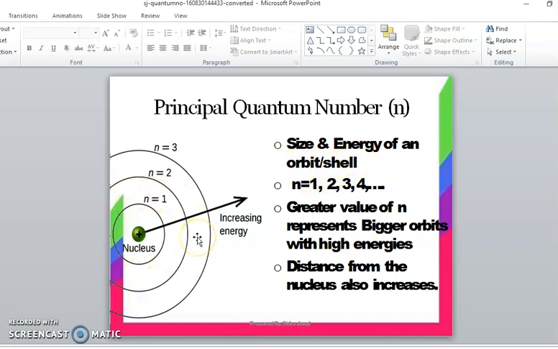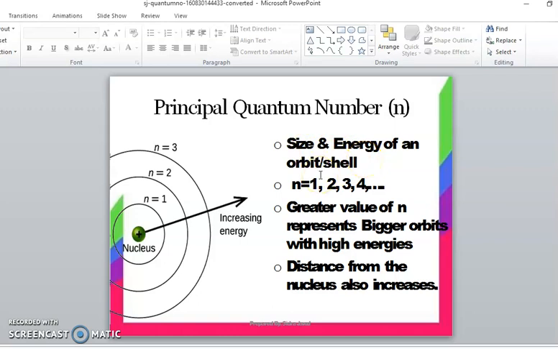Remember, we have just abolished the Bohr concept of orbit. There is no Bohr concept of orbit, which means there is no circular orbit. But for easy reference, you can think of certain areas where the electron can be found, and for easiness we can assume there is a circular thing. That's actually wrong, but anyhow, the principal quantum number describes the size and energy of a shell